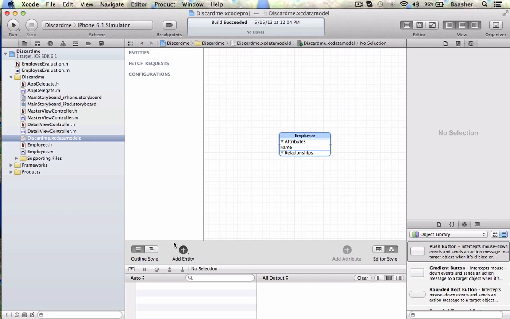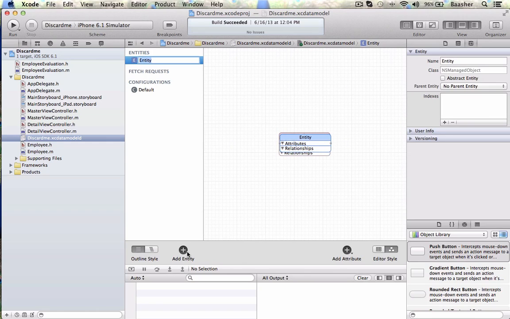I'm just going to add an entity. In order to add an entity, like a table that we were talking about, let's make an employee and projects, and multiple employees can be working on one project at any given time. So that's the basic idea. I need an employee table. So I click on add entity, and now I can type here. Just start typing. I'm going to call it employee,